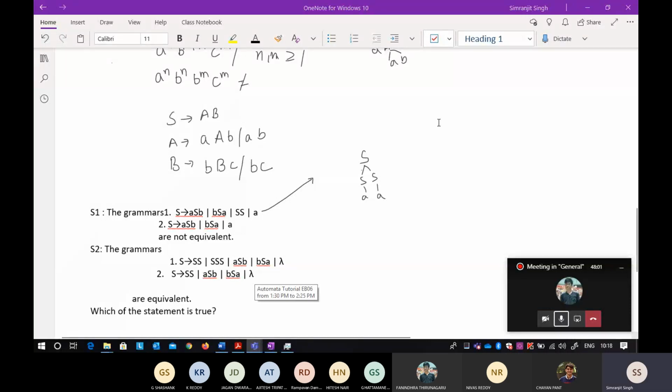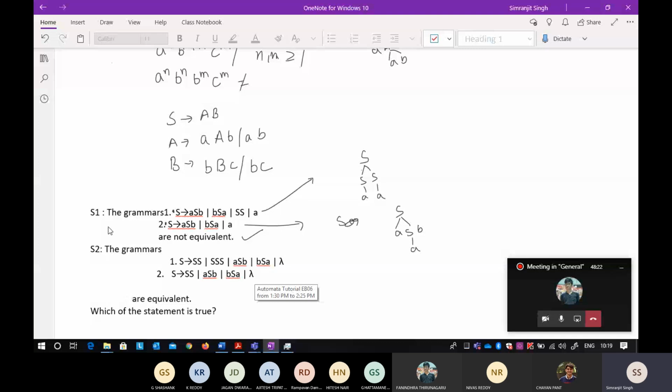Okay, sorry for that. For this grammar, you can derive a, but from this grammar you will not be able to derive a. I don't think you will be. The smallest string will be A, S, B, and A, so it will be AB. So this string you can derive, but a cannot be derived from it. So this grammar is not equivalent to this grammar. So that is correct.